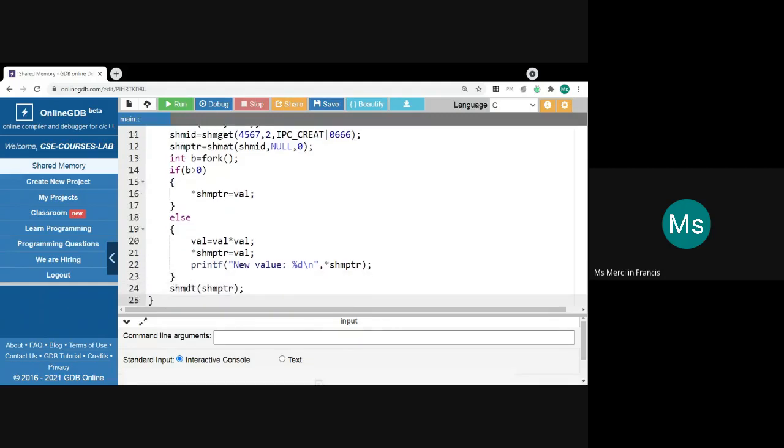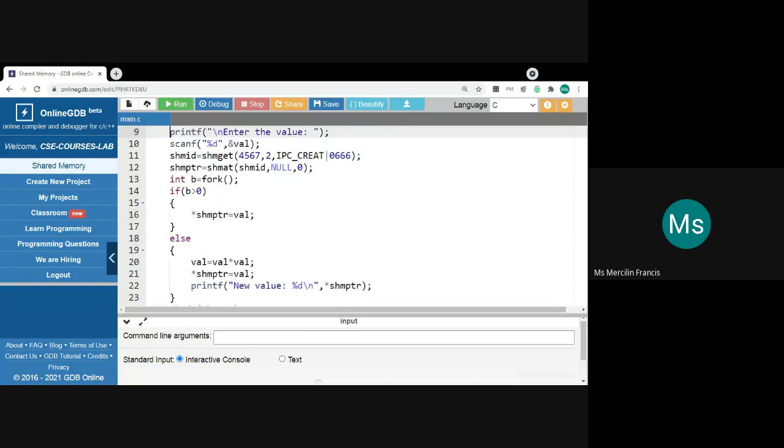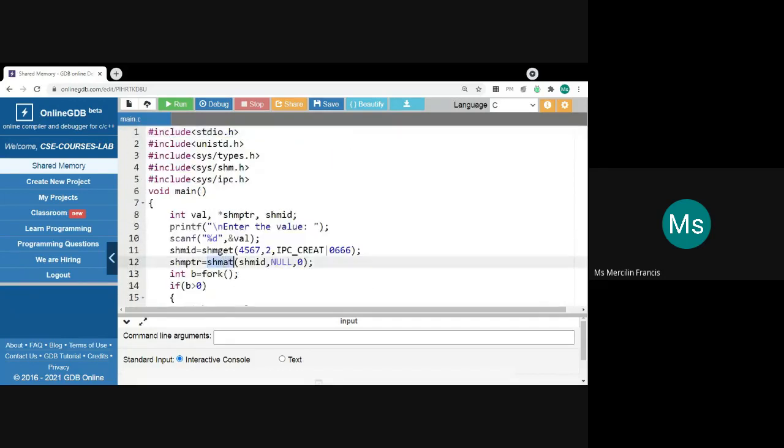And once this task is over, we use shmdt, which means detach. We are detaching the assigned address from the ID. shmat means that to the ID returned by the shmget function, some available address is attached.